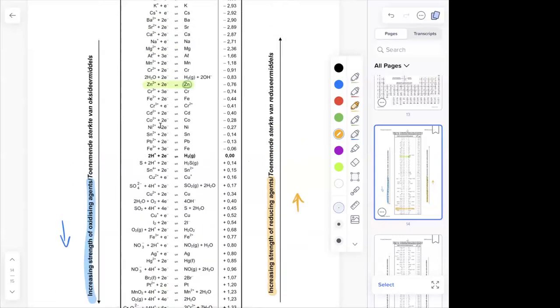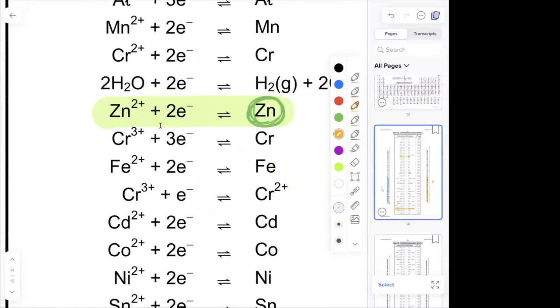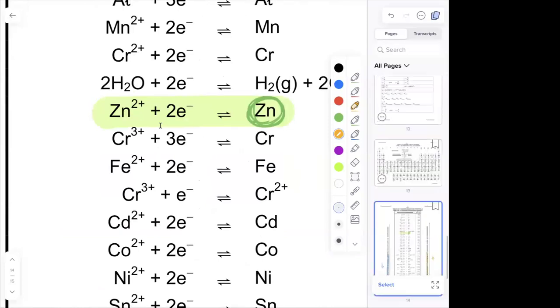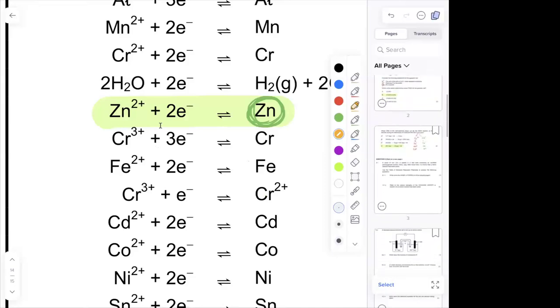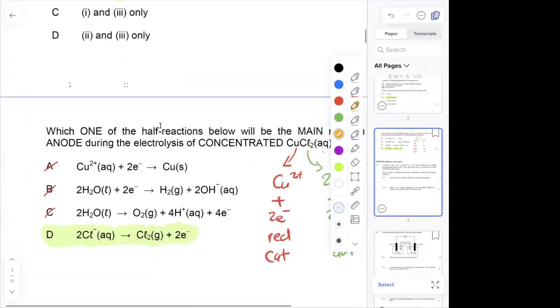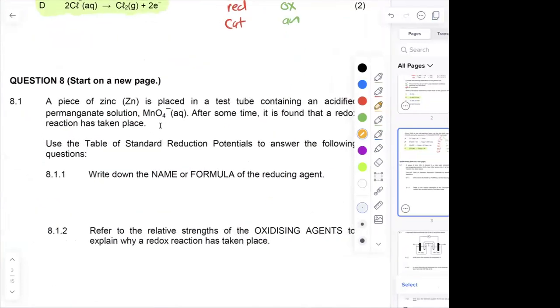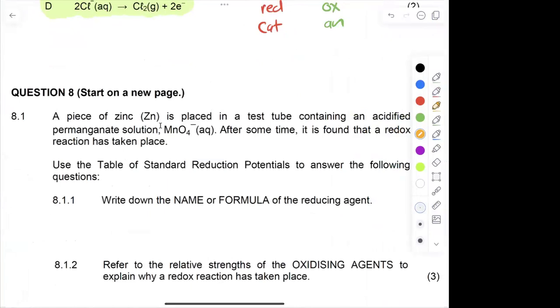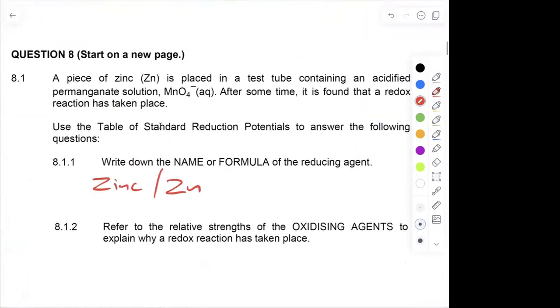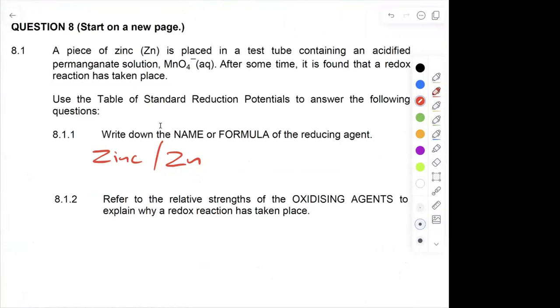Zinc is going to be the one that undergoes oxidation. It'll go from the right to the left, meaning zinc becomes zinc 2 plus plus 2 electrons. So let's quickly go back and answer the question there. The question says, again, the name or formula of the reducing agent. The reducing agent is going to be zinc, right? So you can write zinc, or you can simply put Zn. Please don't put Zn2 plus, it's Zn, the metal, that is going to be the reducing agent to undergo oxidation,